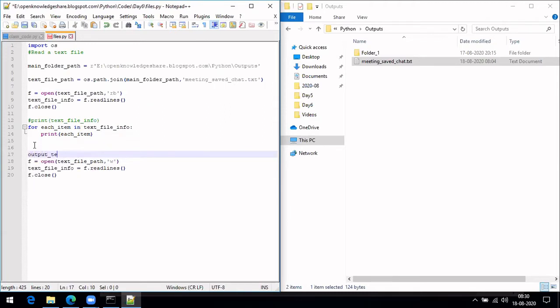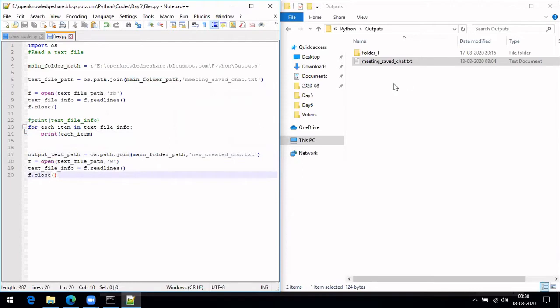Output text path, and then in the same folder, let me add new created doc.